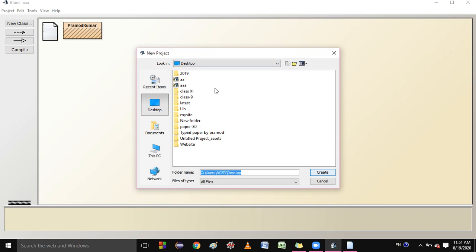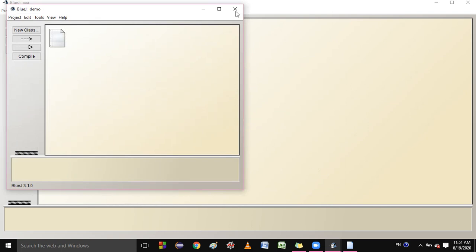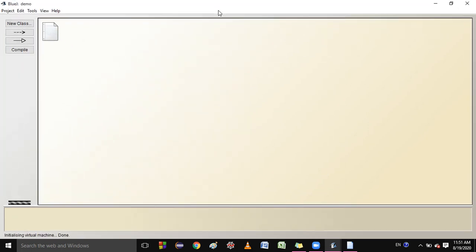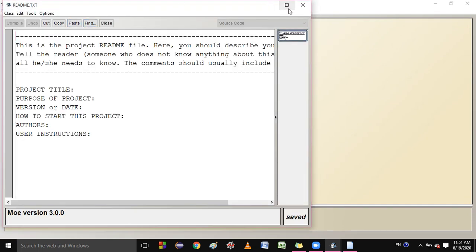Where you want to store this new project, because this project will have all the Java classes. If I write the name of the new project as demo, and just create, then you are able to see this new project, and in it a text file is created automatically by BlueJ.